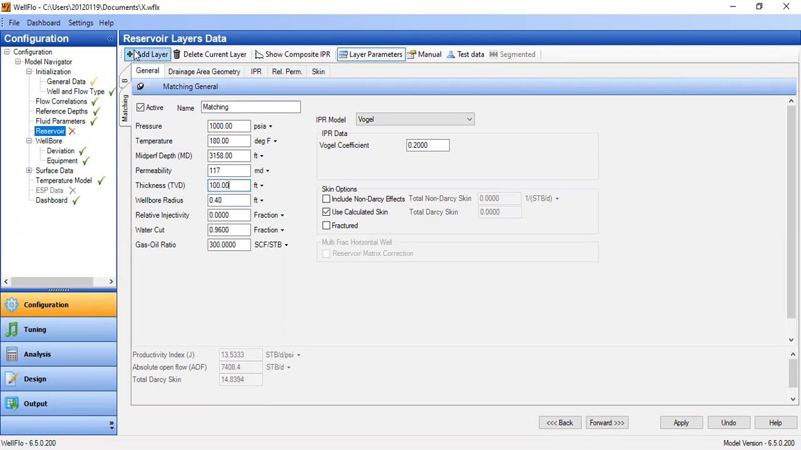Add layer, and I will call it after job or post job. We will populate the data with the data that we get from matching. So pressure 1000, temperature 180 degrees Fahrenheit, and I will keep the middle perforation. I will change it later. Permeability 117,